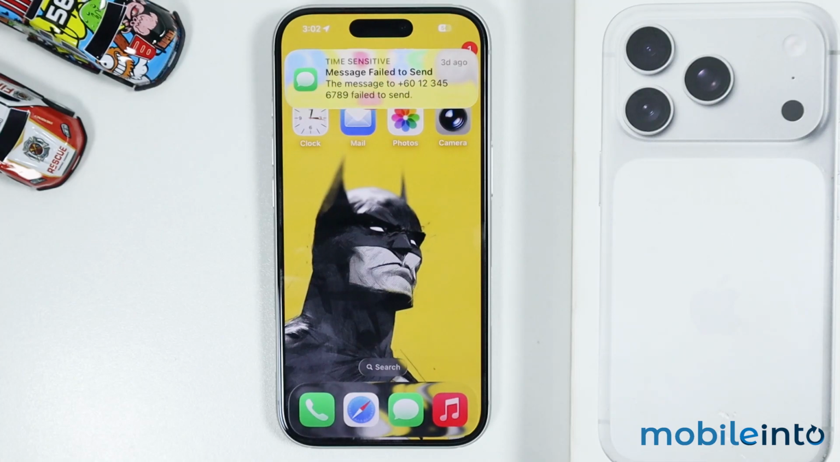And this is how you can fix allow camera access missing on the iPhone 17, 17 Pro and the 17